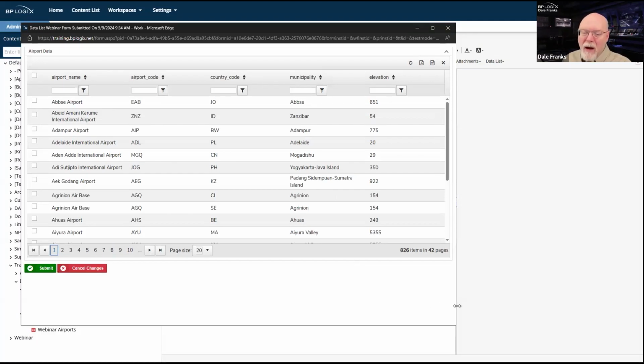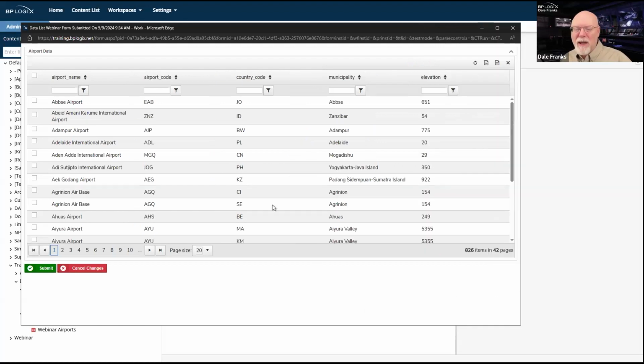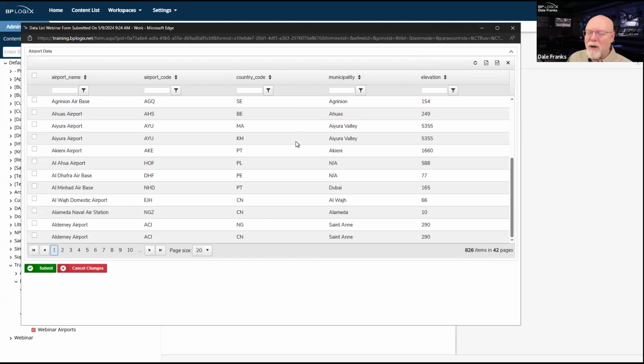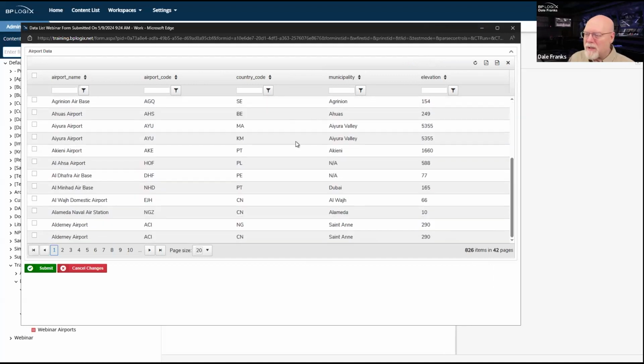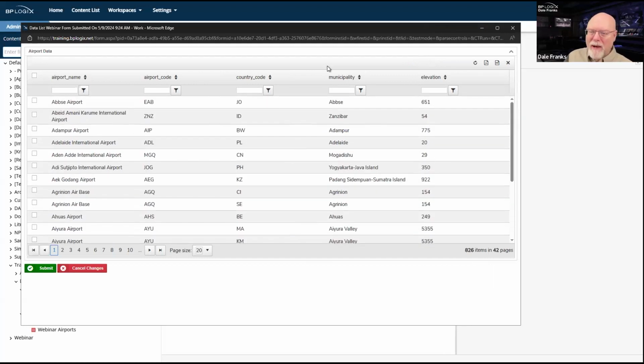So now it's not going to scroll off to the edge of my screen. It's not going to show me too much data. It's just going to give me what I want. So I can actually see where my airports are, what country they're in, what municipality they're in, and their names and codes. So now I've got a much more compact view. I don't have 9 columns here, since I cut 4 of them off. So it's a little more convenient to use.